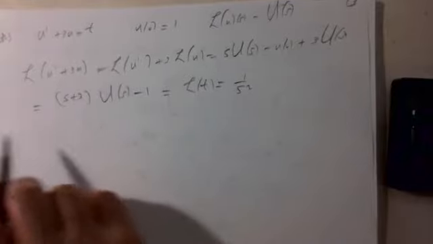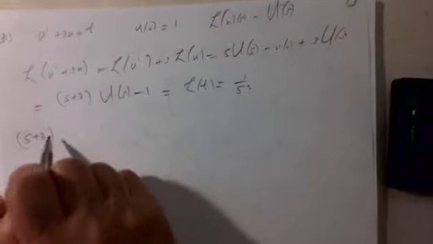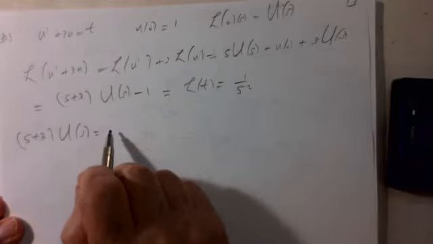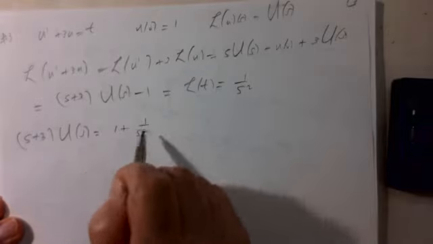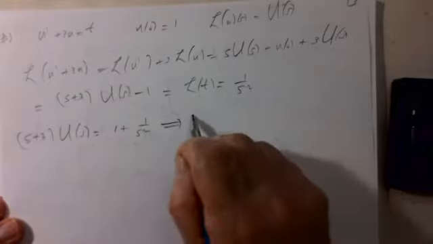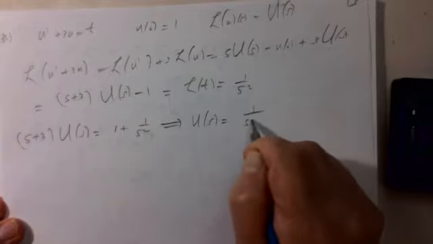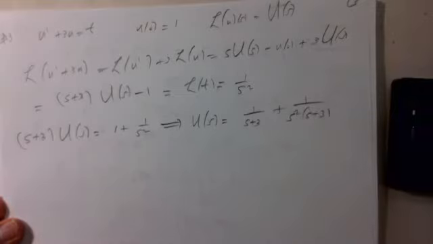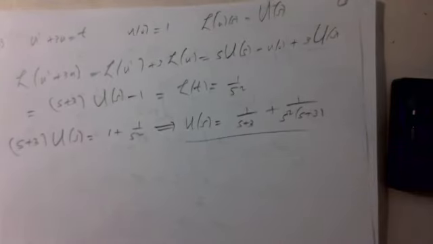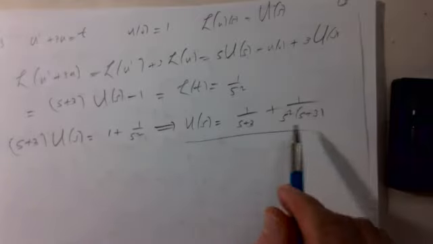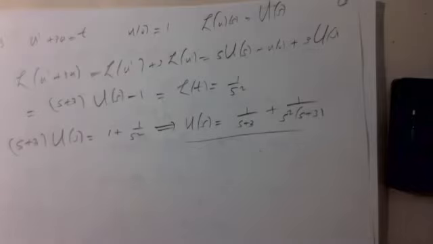So we have that (s plus 3) U of s is equal to 1 plus 1 over s squared. So U of s is 1 over s plus 3, plus 1 over s squared times (s plus 3). That's the Laplace transform. And then we need to find the inverse of the Laplace transform. What is the function whose Laplace transform is equal to this? Well, 1 over s plus 3